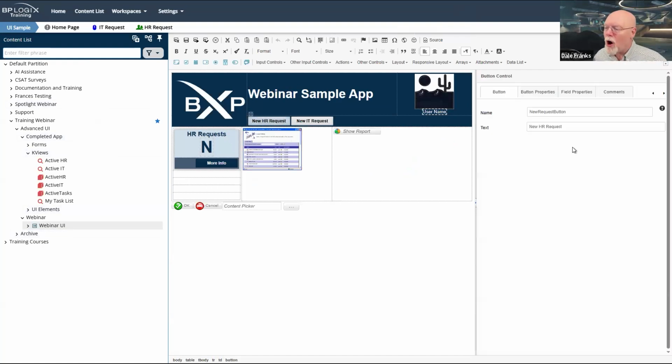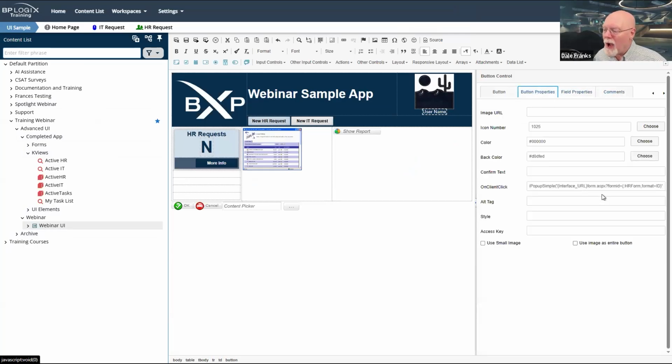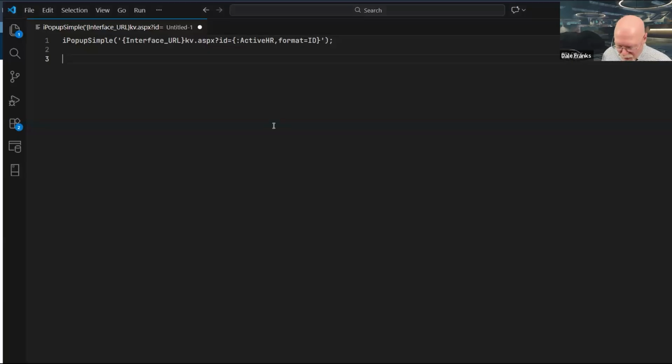So the new HR request, again, it's already configured with iPop-up Simple because I copied and pasted it. So it wants an HR form. Well, let me copy the whole thing. We're looking at a form now, not a knowledge view. So it's going to be slightly different.